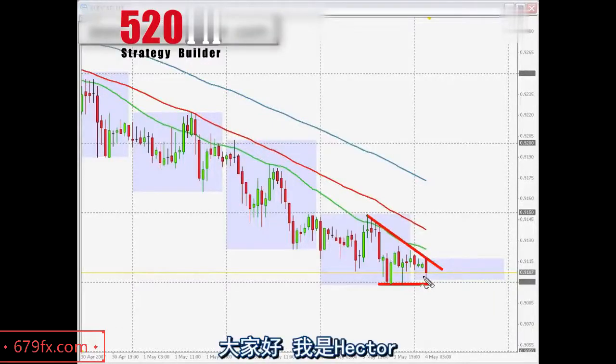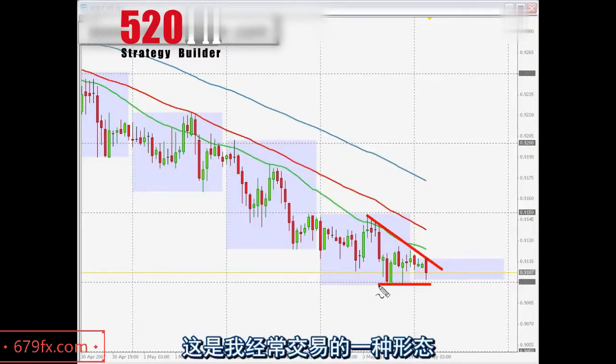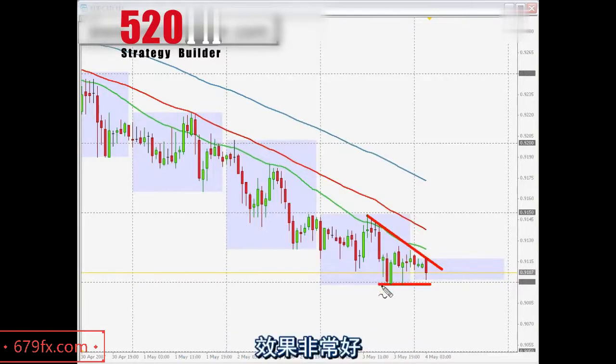Hi guys, this is Hector. I'm looking into a possible trade today, early morning on the 4th of May, in the Australian dollar against the Canadian dollar. It's a formation that I trade very often, because it's a trade that has been working out very nicely for me in the past,